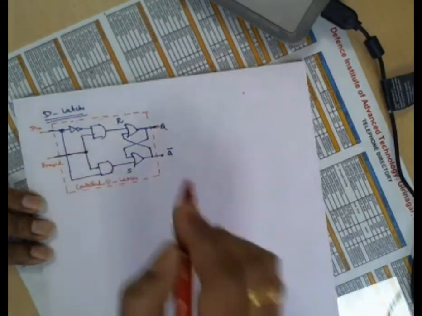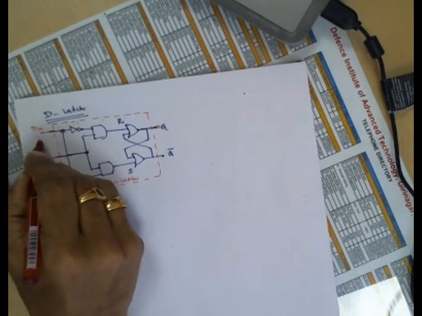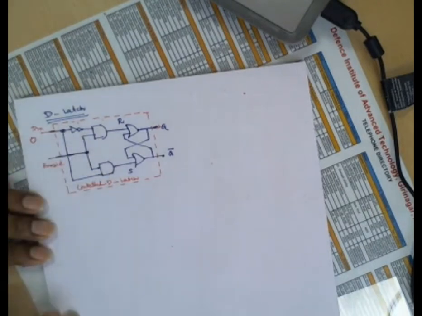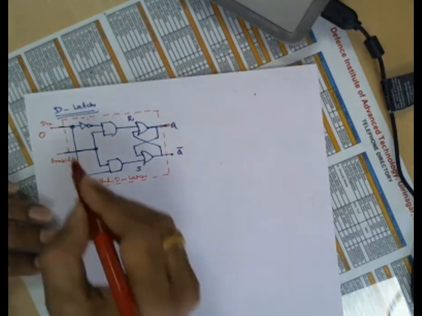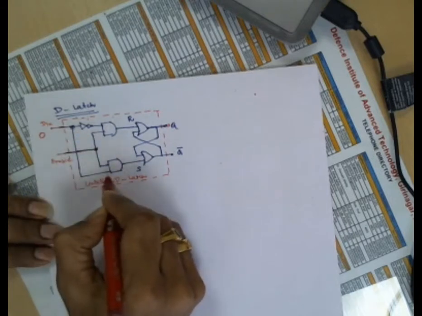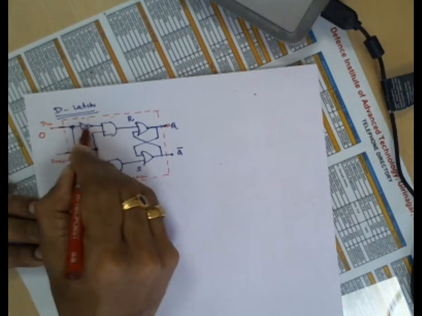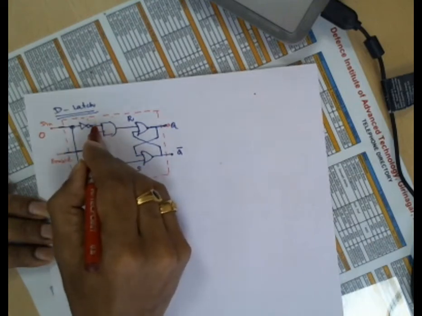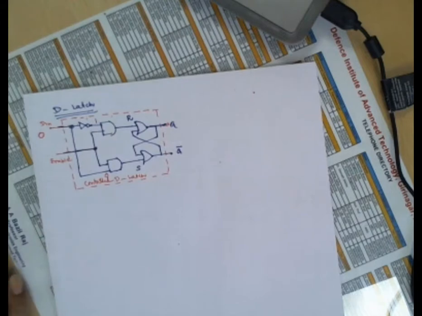So now you listen here. Suppose the D in is 0. I'm maintaining D in as 0. Assume enable is not applied. Therefore, the 0 will come here, and then this 0 will go here. And then this inverter will complement it so that 1 will go inside. So 1 is right now available here, 0 is right now available here. 1 is one input of the AND gate, 0 is the other input of the AND gate.